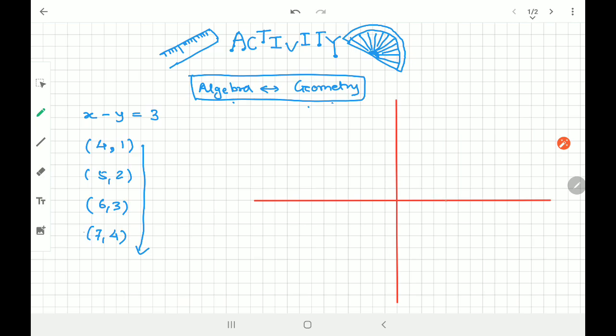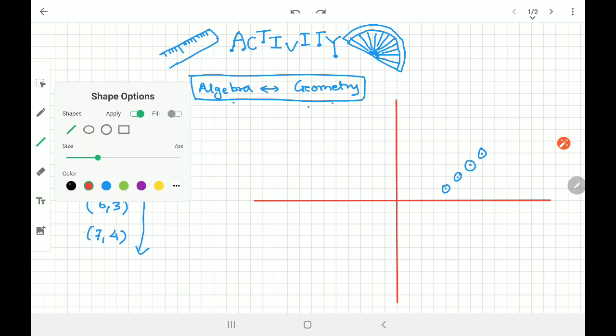Okay, 4 comma 1, here is 4, here is 1. 5 comma 2, right? 6 comma 3, ये रहा. 7 comma 4, ये रहा. I can easily say that yes, there is a straight line passing through it, right? थोड़ा सा गलती हो गया वहाँ पे,